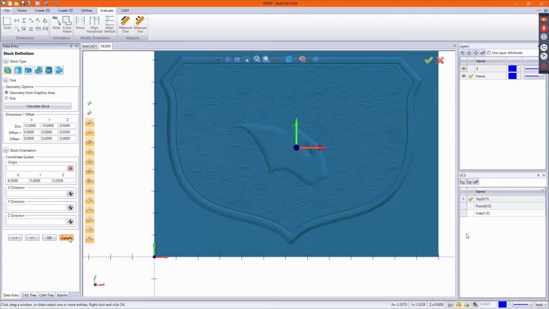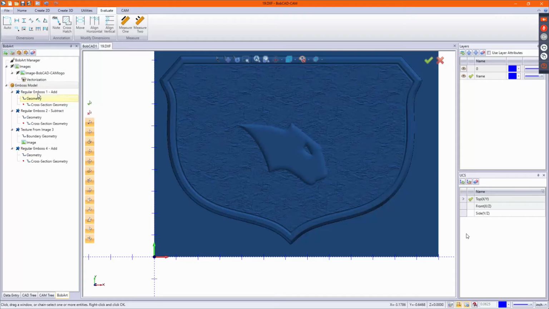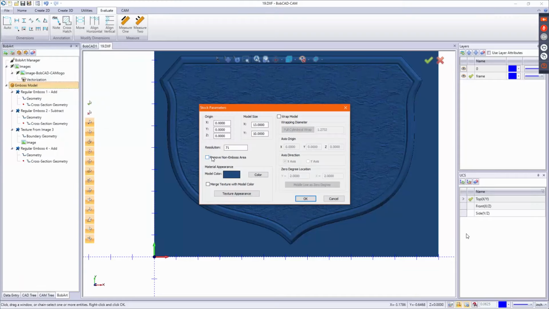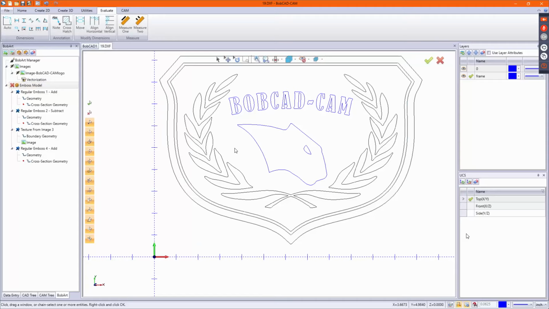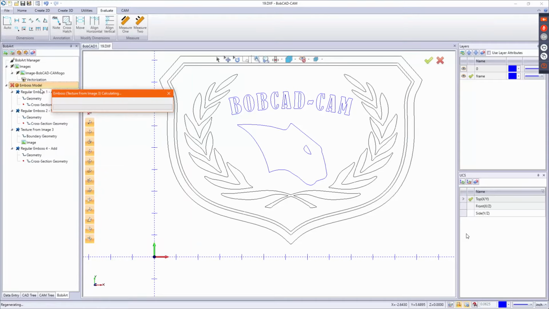Oh, actually, you know what? Cancel. The other thing I wanted to do, because we got all this area that I don't need to cut. When you're setting up your stock, there is a button, remove non-embossed area, this little check mark. Let's actually increase the resolution too. As long as I turn that check mark on and then re-vectorize it, or re-emboss, regenerate,